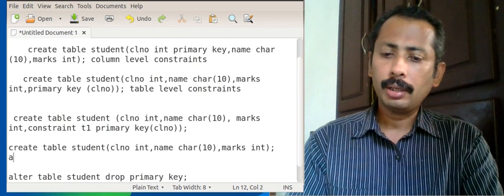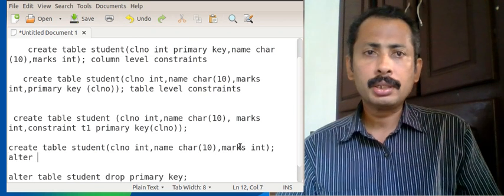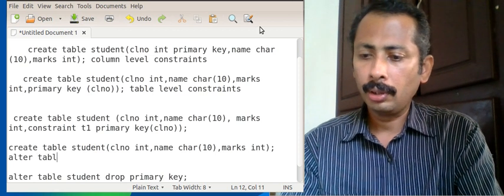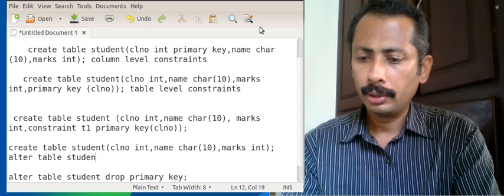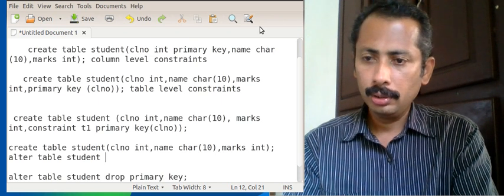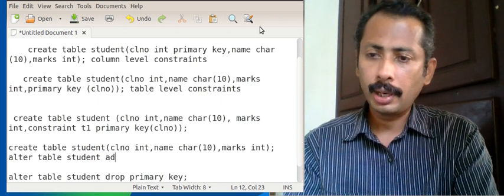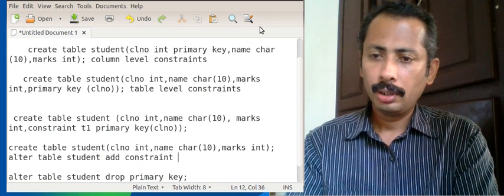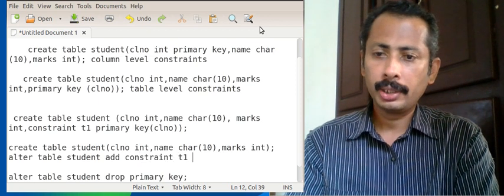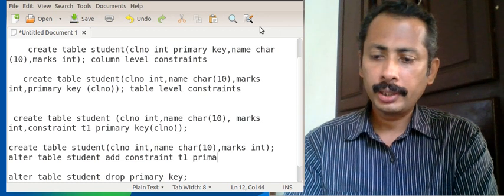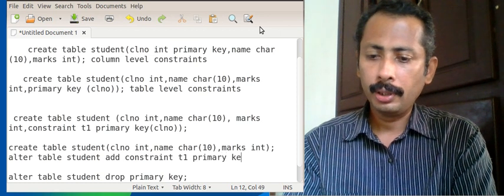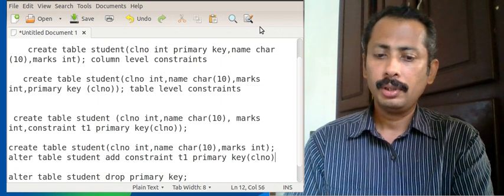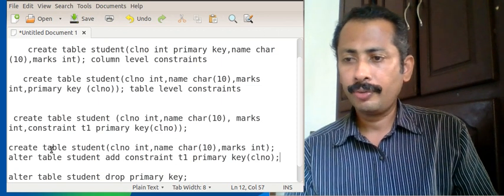Then I can change the structure of this table by alter table student. What has to be changed? Add constraint T1. What is the constraint? It is primary key for the field class number.